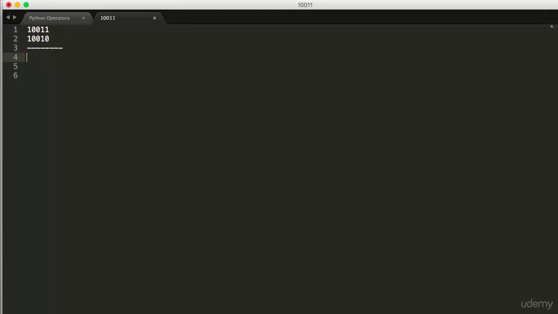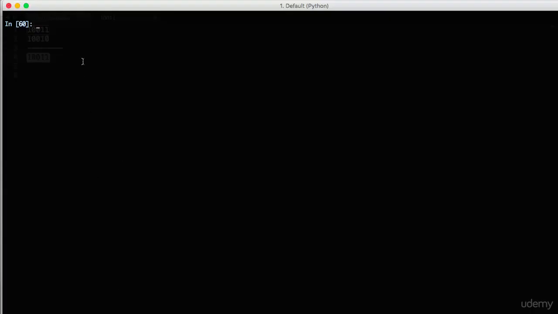Okay, and now the output will be 1, since at least one of the two values is 1. Next, since no value is 1... sorry, 1, since at least one of the two comparison values is 1, the value will be 1. So this is the value of R, and now Python converts this binary format to integer. So let's check what was the value of A and R.